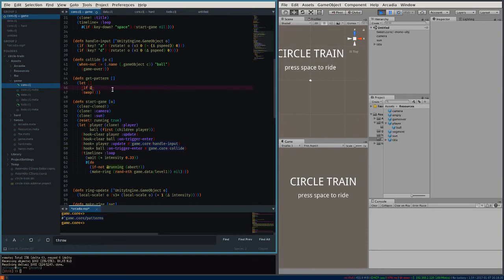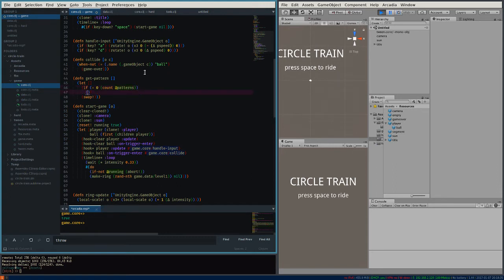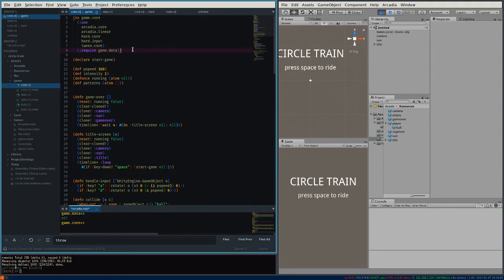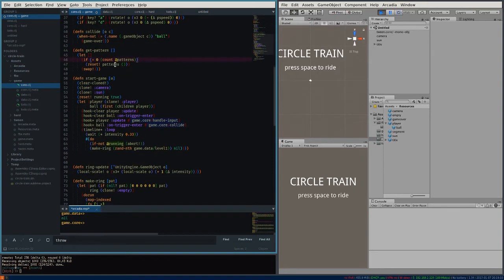Okay, so if all right, so if there's no patterns, this should say true, right? Yeah, true. If there's no patterns, you need to, oh, I guess I could just reset patterns to evaluate this. Okay, patterns and game.data. All right, if there's no patterns, reset patterns,